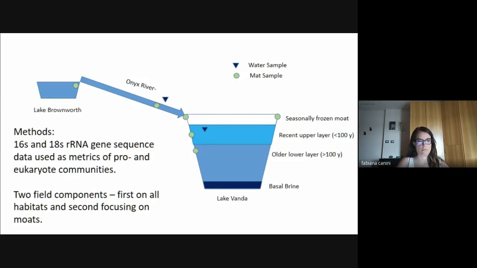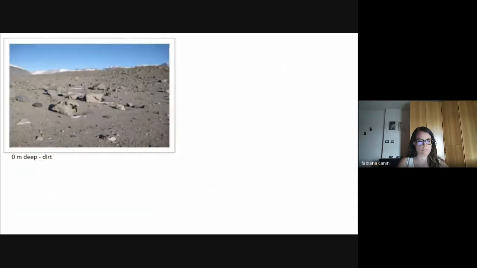So we're going to be looking at microbial mat community composition. We're going to be comparing it a little bit with some of the water samples which correspond to those microbial mats in the same locations, and we're going to look at how those things change across the environment and infer some changes through time from those observations.